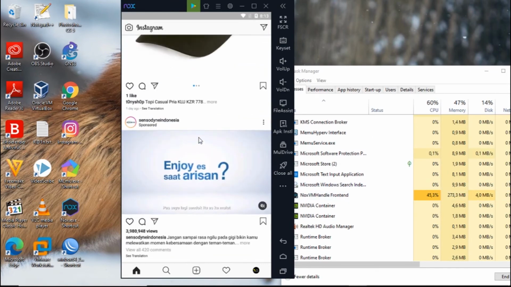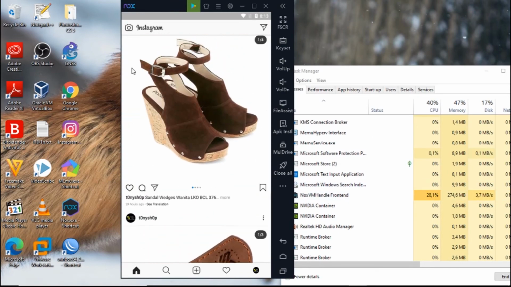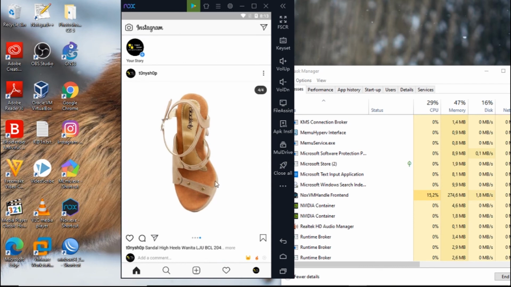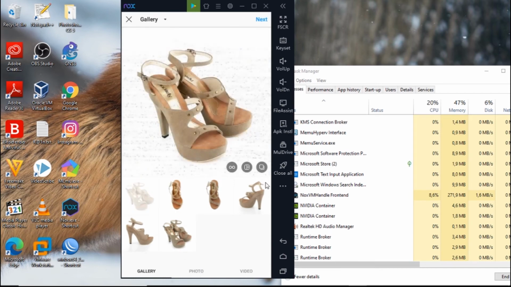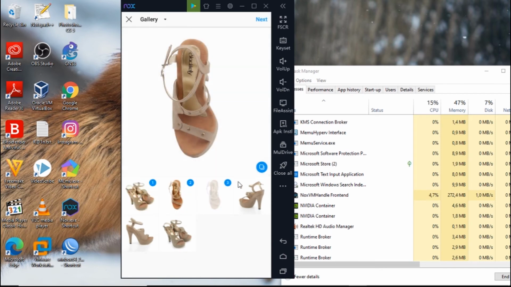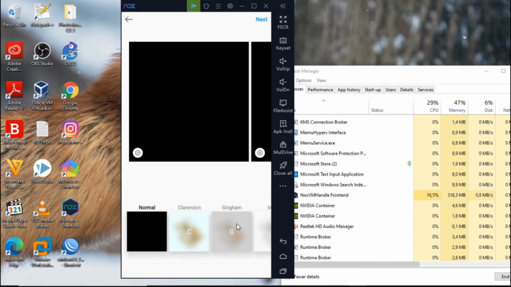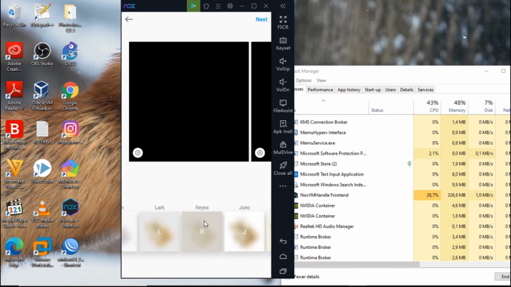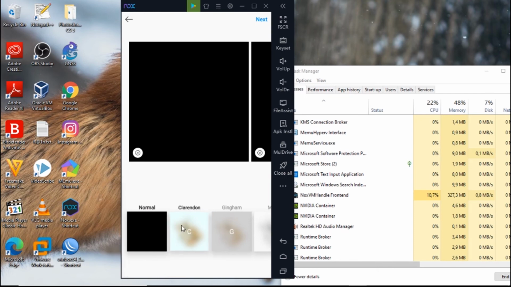If you want to post multiple photos like on an Android device, you just need to click this menu. Yeah, and you can choose multiple like this. And then, actually there is a little problem here. This normal menu cannot be used.